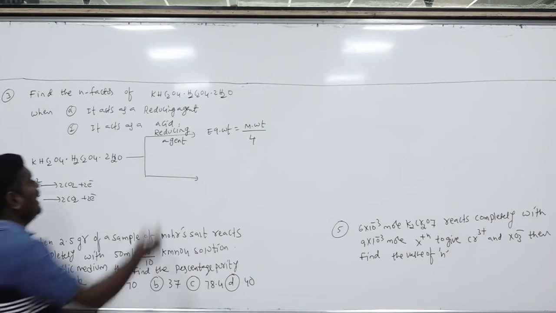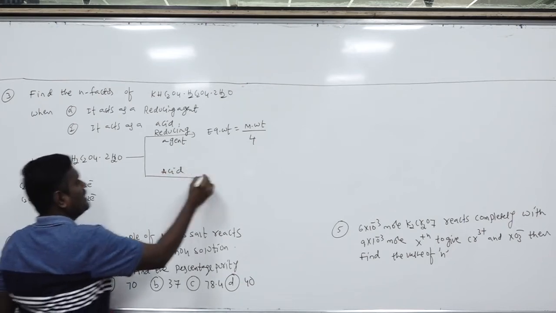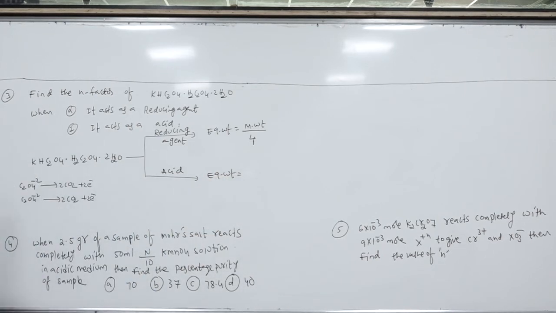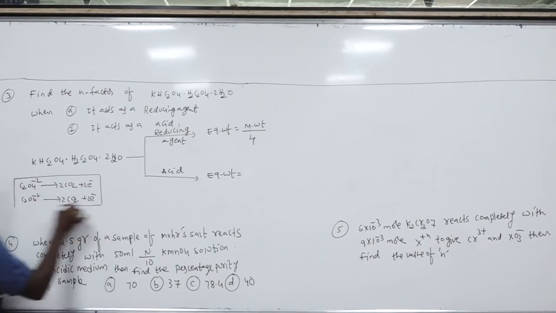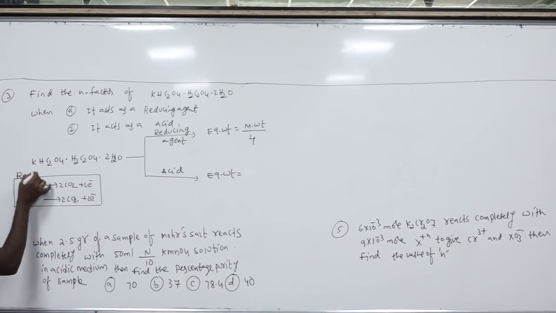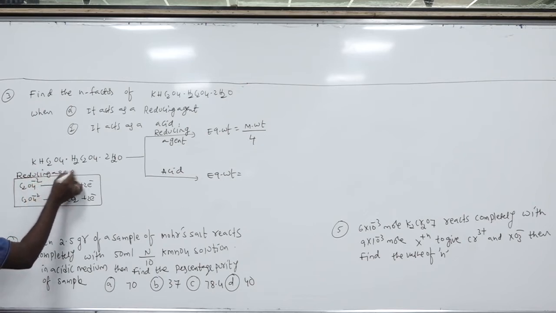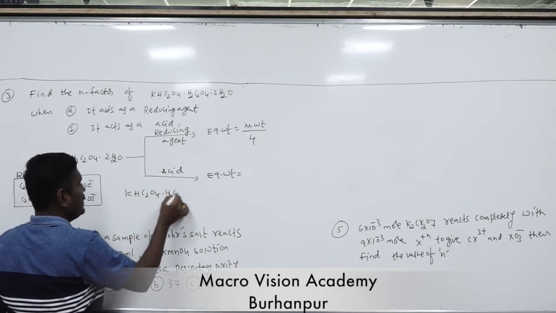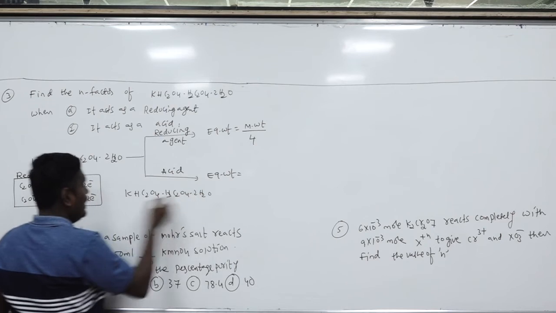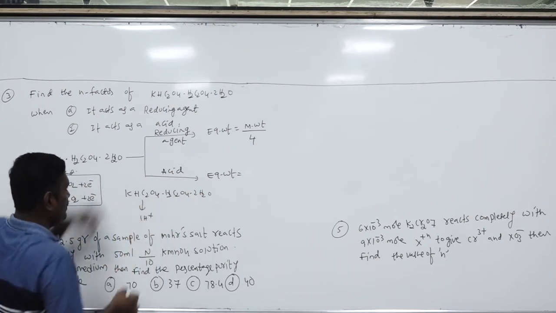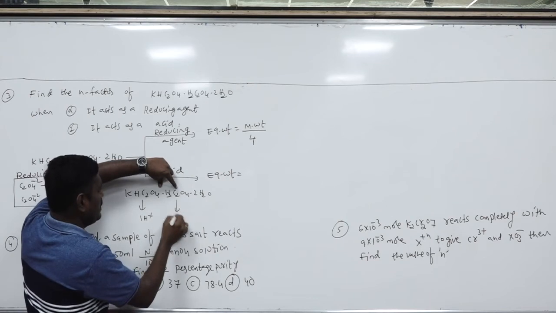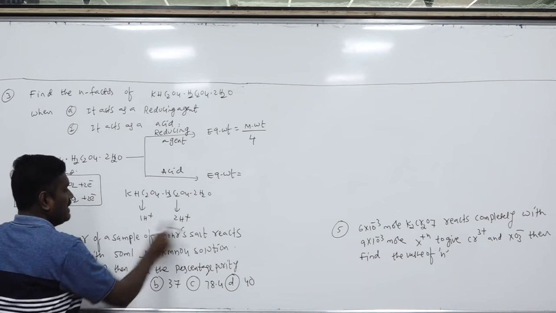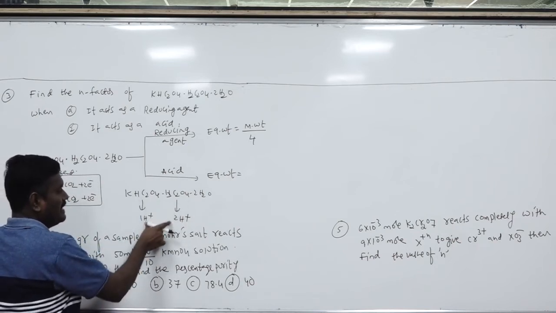Now when it acts as an acid, what is its equivalent weight? Molecular weight by n factor. Same compound during acid-base reaction, let's suppose this is used as an acid. It will give only 1 H plus from here, and from here it will give 2 H plus. Water is not considered, water is neutral. So total how many H plus ions are released per mole of acid? 3. So the basicity will be 3.